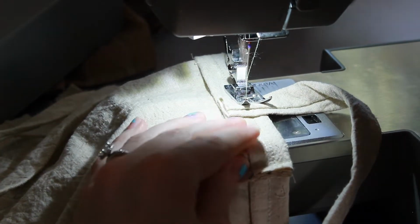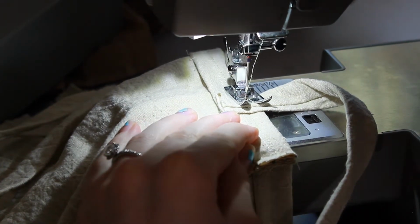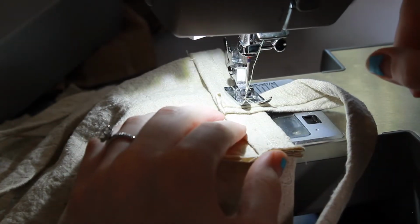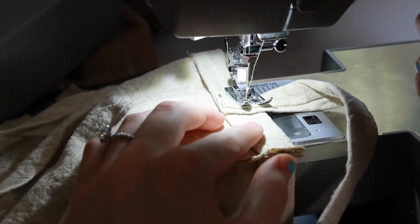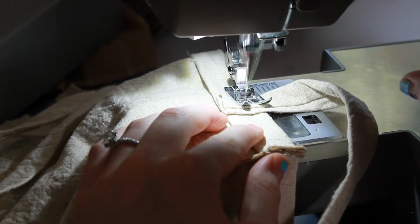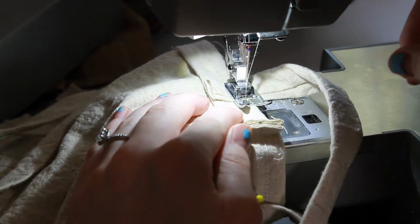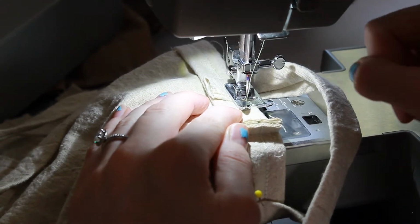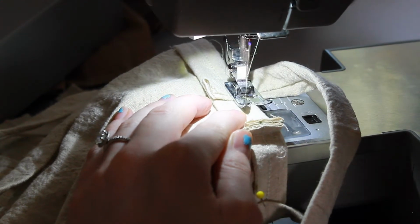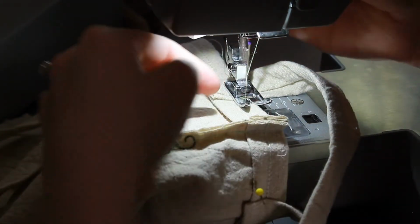And when you start sewing, you always want to go a few stitches in, and then you should have a reverse button or knob thing on your sewing machine that you press down and you go back a few stitches. So that way it closes off that stitch and it won't just come undone. So you go across, and when you end as well, go a little bit over the strap, press your reverse button and go backwards and then back over it again. Just because it'll really make the two ends strong, and it'll make it so that those stitches that you just